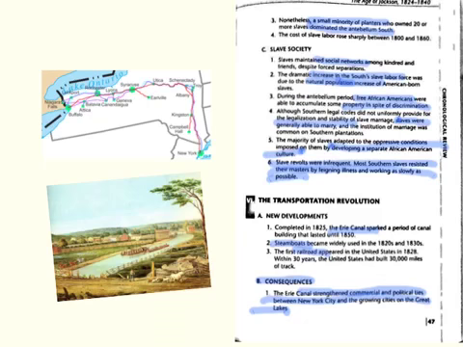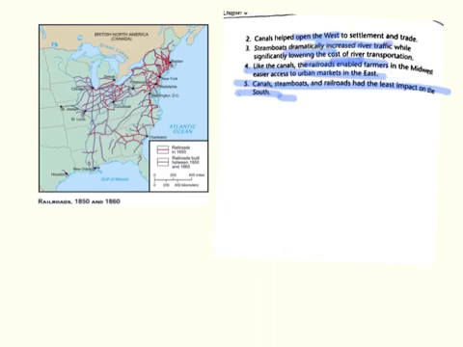The consequences of this, the main one you need to be concerned with, is that it begins to strengthen and reinforce commercial and political ties between the major cities of the East, including New York City, and the growing cities on the Great Lakes. So once again, it's quicker, cheaper, and easier to get products and people from the East to what is considered the West at this time, or further and further west. The canals helped to open the West to settlement and trade. It dramatically increased river traffic while lowering the cost of river transportation, enabling farmers access to the markets of the East on a quicker, easier, and cheaper basis.